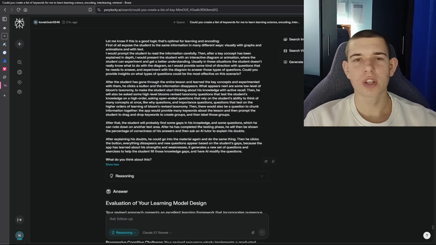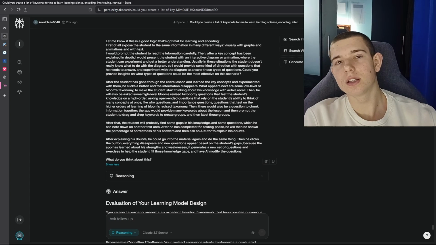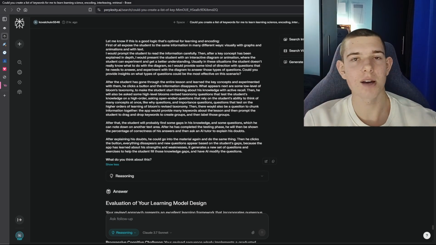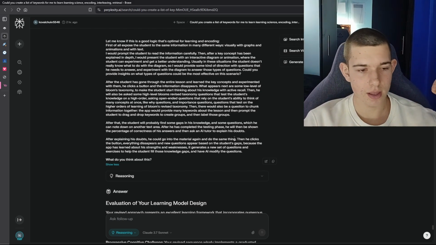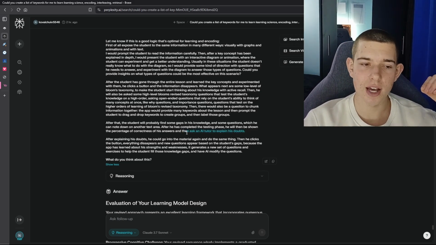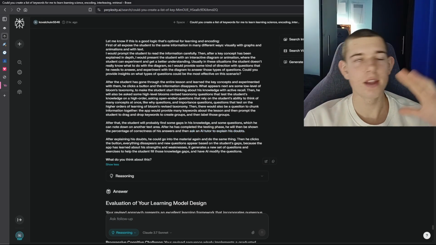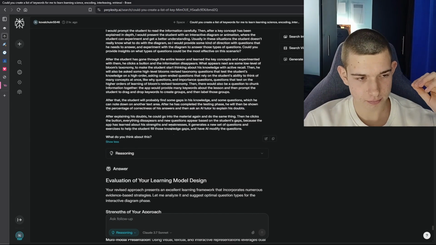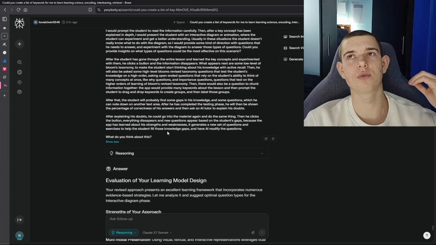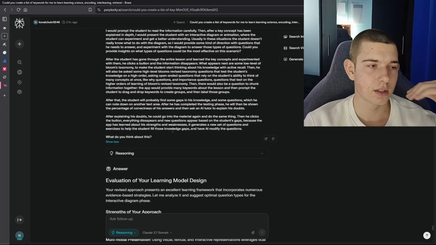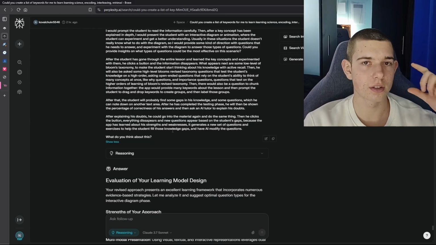After that, the student will have some gaps, and maybe he will note them down. He will put them on a piece of paper, or maybe just in the app, he will note them down. And then the student could ask an AI tutor to explain his doubts. Then after explaining the doubts, the student could go to the material again, to the information again, and learn the same thing, to fill his gaps,